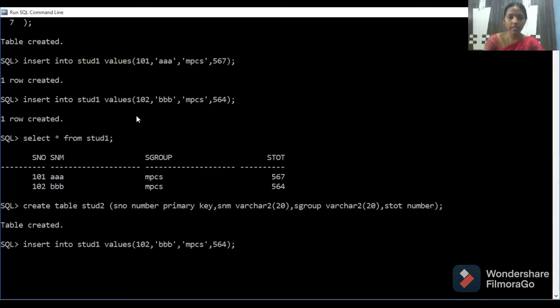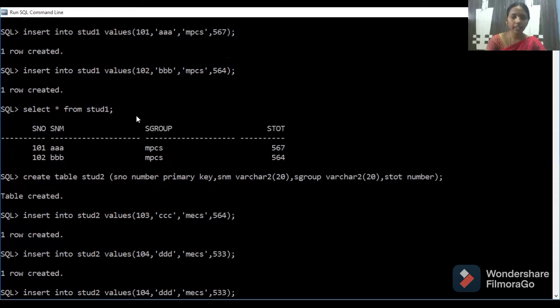Now I'm inserting the data into the student 2 table. 103, C, MECS, some marks. 104, TDD, some marks.